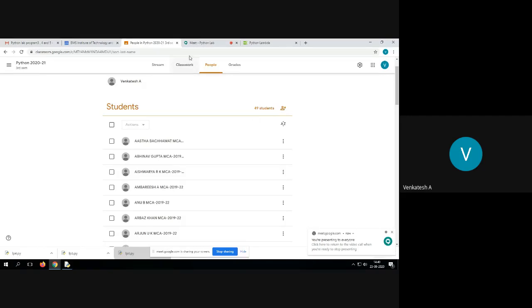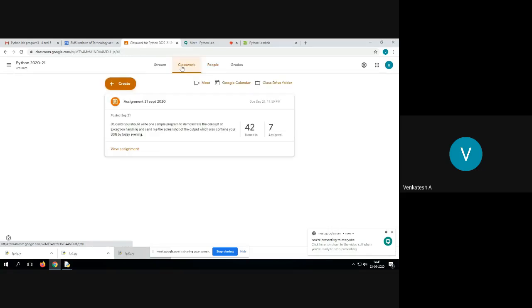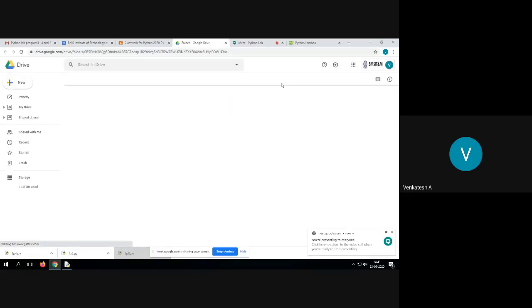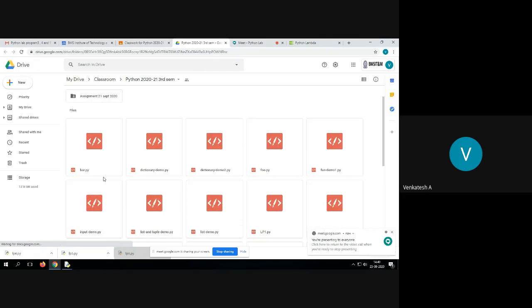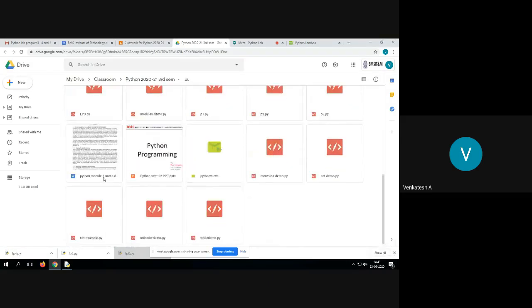Okay, fine then. And see here there is something called classwork. Here in classwork, there is a class drive folder. See here, I have put so many code snippets which we have executed in the class. Along with that, Python module 1 notes are there.